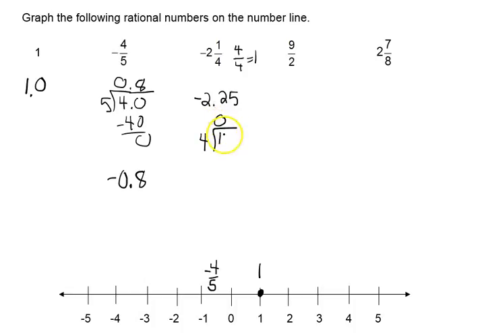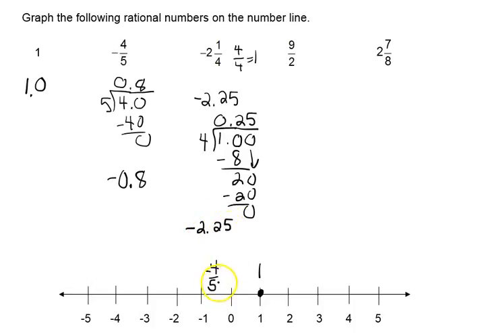4 goes into 1. It does not, so we put a 0 at a decimal place value. 4 goes into 10 twice, which is 8. We have 2 left over. 4 does not go into 2, so I add a 0 and bring it down. And 4 goes into 20 5 times. So there it is, 0.25 or a quarter. So -2 1/4 would be